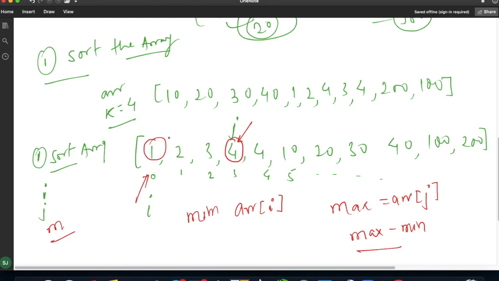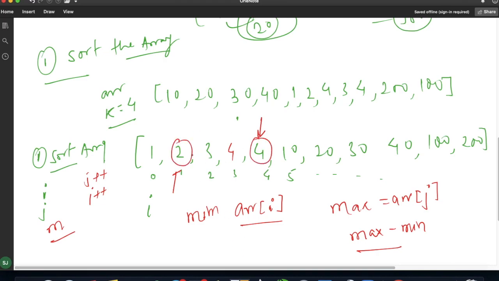So in the next iteration, i will simply move forward. Suppose this was my 4, my j will be here and my i will be here. I will simply do j plus plus and i plus plus. So again my minimum is present at array of i, which is 2, and maximum is here.